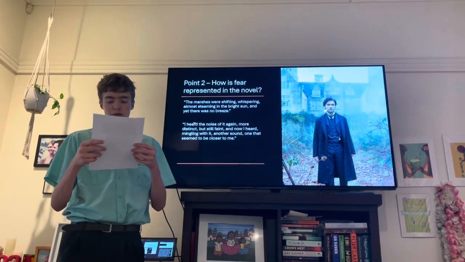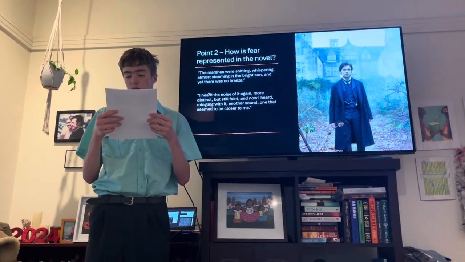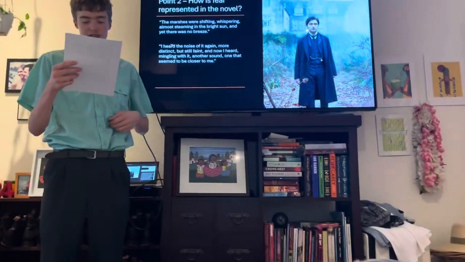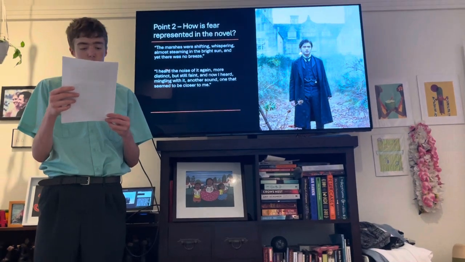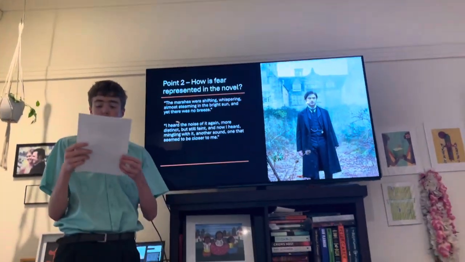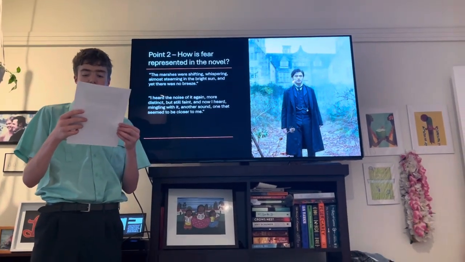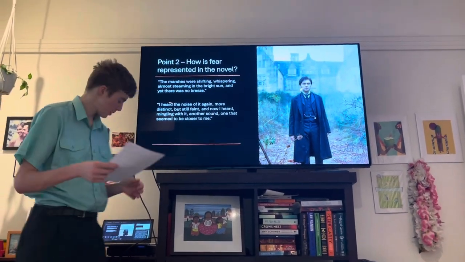These narrative techniques provide vivid imagery and repetition. This allows Susan Hill to create a sustained sense of fear and suspense throughout the novel, immersing the reader in Arthur's haunting experiences. In conclusion, through the use of narrative techniques such as imagery and pacing, author Susan Hill creates a strong sense of fear throughout The Woman in Black novel.